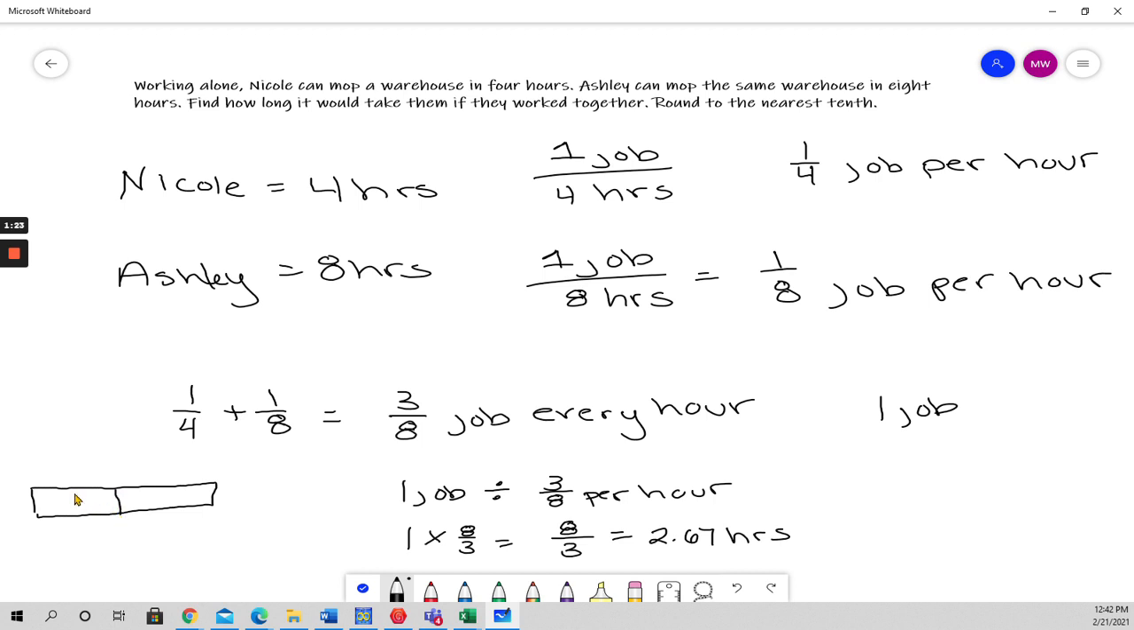okay, we'll cut that in half, cut that in half, cut that in half. And we want eighths, so that's a half, a fourth, and then cut that in half again. Okay, so this is now eighths. They do 3/8 of the job every hour. So hour 1, hour 2,